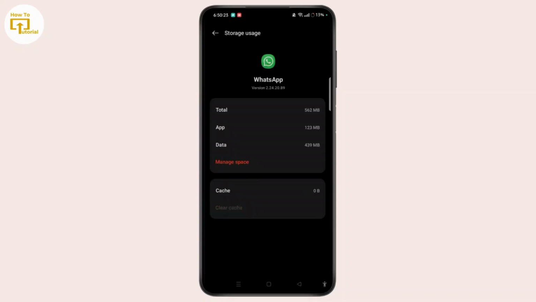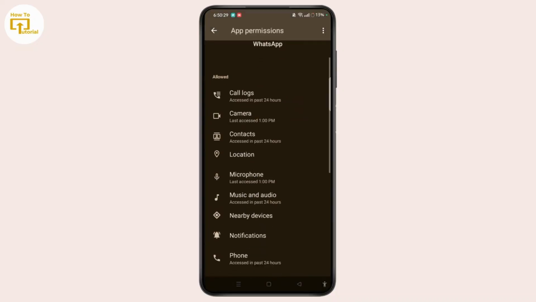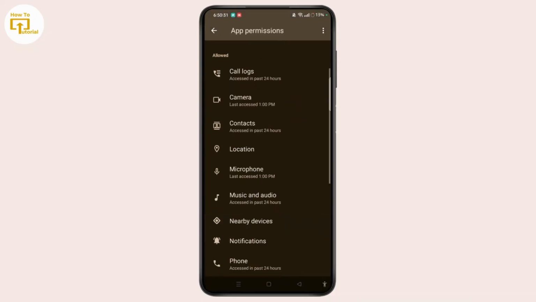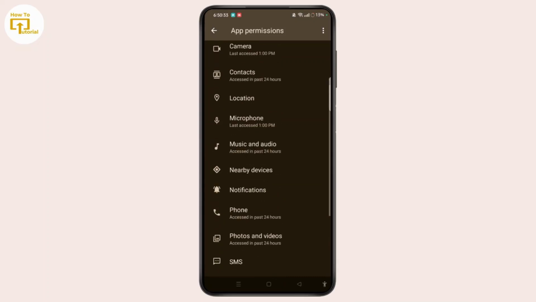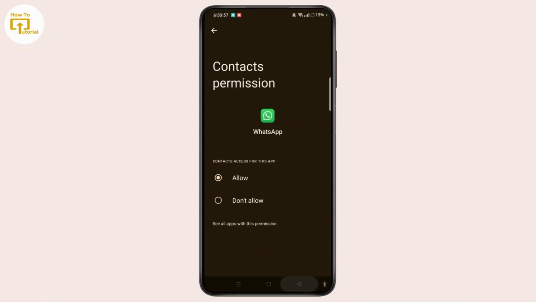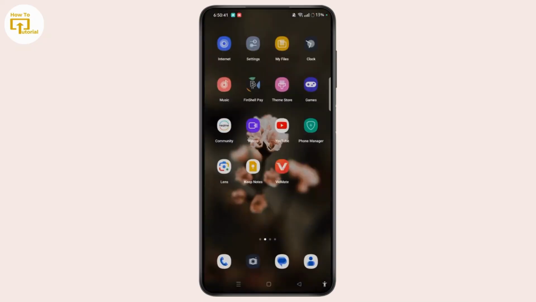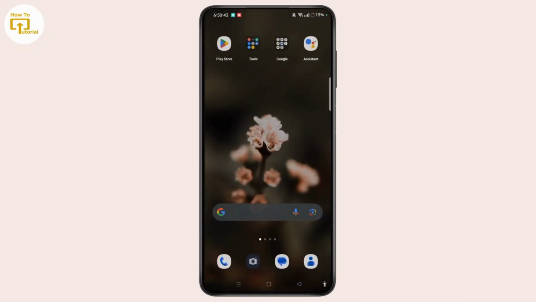Tap clear cache. Come to the same page and then select permissions. Make sure to allow all the app permissions, especially contacts. If it is not allowed, you can tap on contacts and then tap the allow button. Once you do that, exit from the app info section of WhatsApp and check whether the contacts not showing problem has